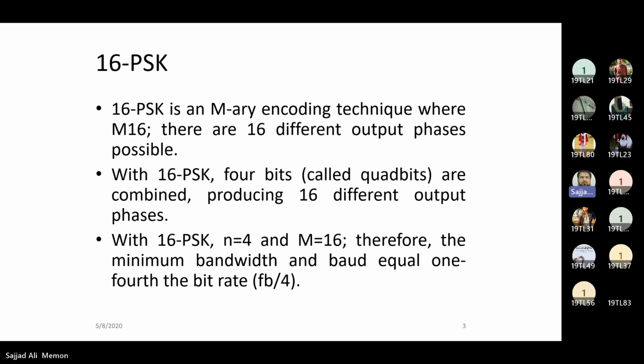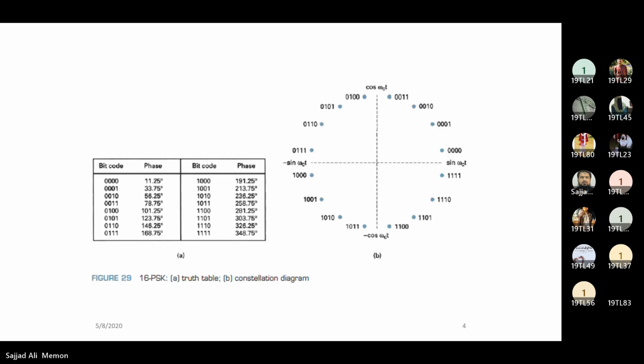The minimum bandwidth and baud are equal to 1/4 of the bit rate. In the 16 PSK truth table and constellation diagram, you can see that when all 4 bits are zeros, the phase is 11.25 degrees, then 33.75 degrees, a difference of 22.5 degrees between the consecutive symbols. So with 16 PSK, the advantage is that we can transmit